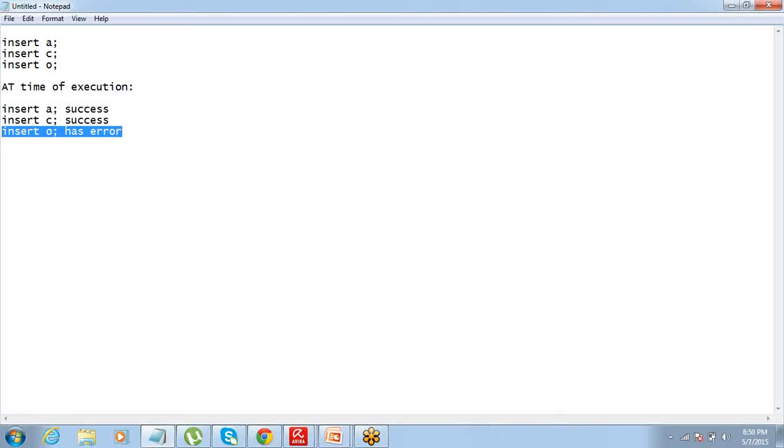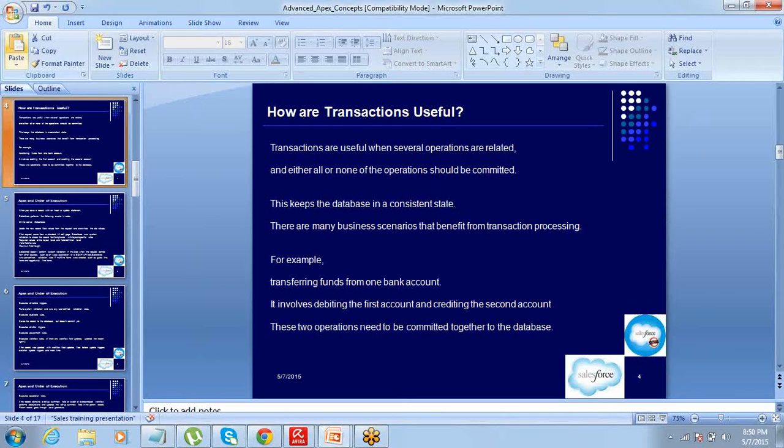Now ideally what should happen? These two have already got inserted, right? So if it keeps the account and contact, then your data becomes inconsistent. The next time you do not know whether account got created or contact got created or what got created. So the moment it finds error here, it will roll back the first two statements also. So no account will be created, no contact will be created. You will again use the same interface, and you will again have to enter all the information of account, contact, everything. Got it? That is what an Apex transaction is. All right, so this is how we benefit from an Apex transaction.